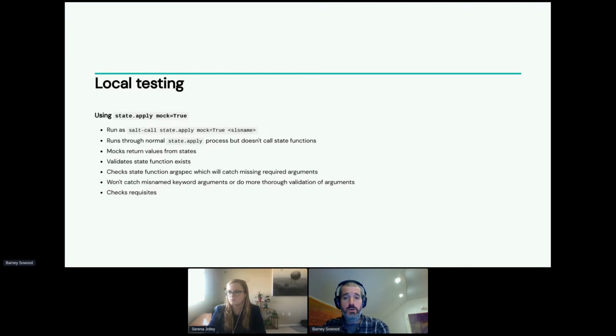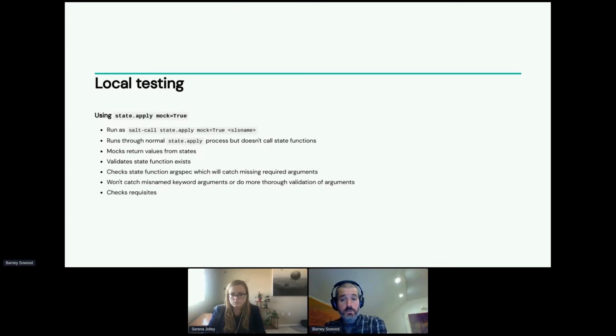That's useful, but not necessarily all the arguments to functions to work are required arguments. So it only picks up required arguments. Quite a lot of state functions take a sort of variable set of arguments and rely on kwargs quite a lot, and also rely on validating the parameters you pass into them at runtime, so it won't pick up on those.